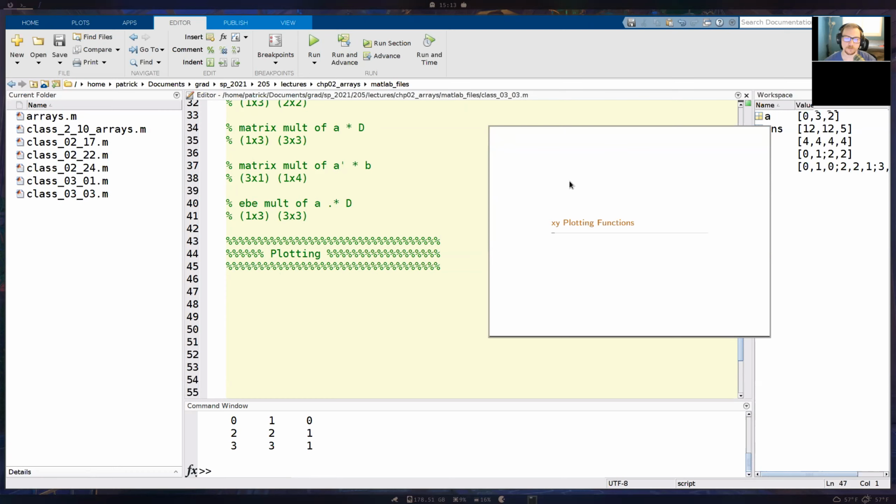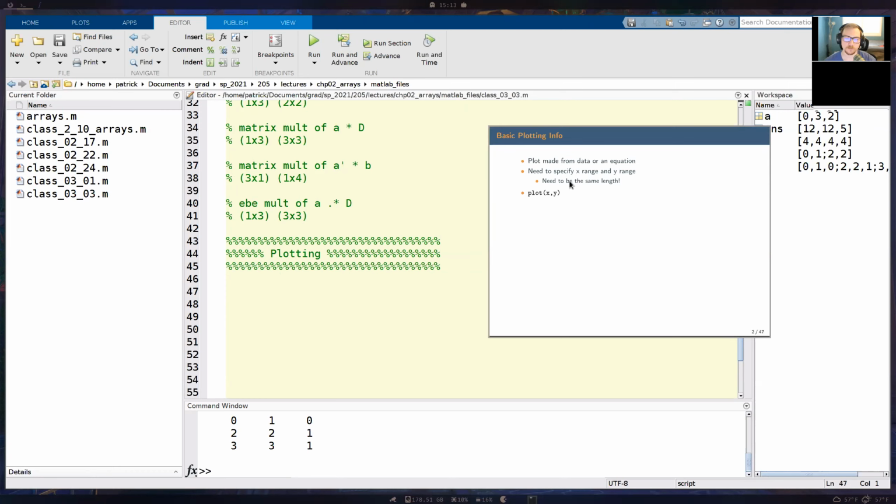Okay, so first off, we're going to be going over XY plotting functions. To make a plot, we're going to make a plot from either data or an equation. At some points throughout the class, I'm going to give you data on Canvas, and you're going to download it and import it into MATLAB. And we're going to work with that data to make a script with it or to plot it. We'll do that occasionally. And I think once we have data, it gives more context to what you're doing when you make a plot versus plotting some arbitrary math equation.